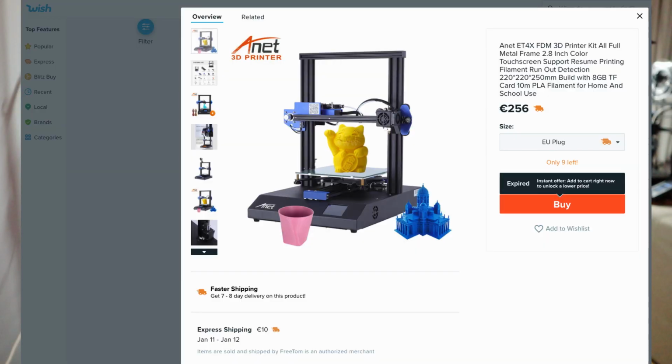So to come to the question, should you buy a 3D printer on Wish? Or which alternative do you have to buy something except from Wish? You see the standard machines that you will find everywhere else. So in that, Wish is nothing different, you could say. Well, the first 3D printer is the Anet ET4X. It's a 3D printer kit, all full metal frame,